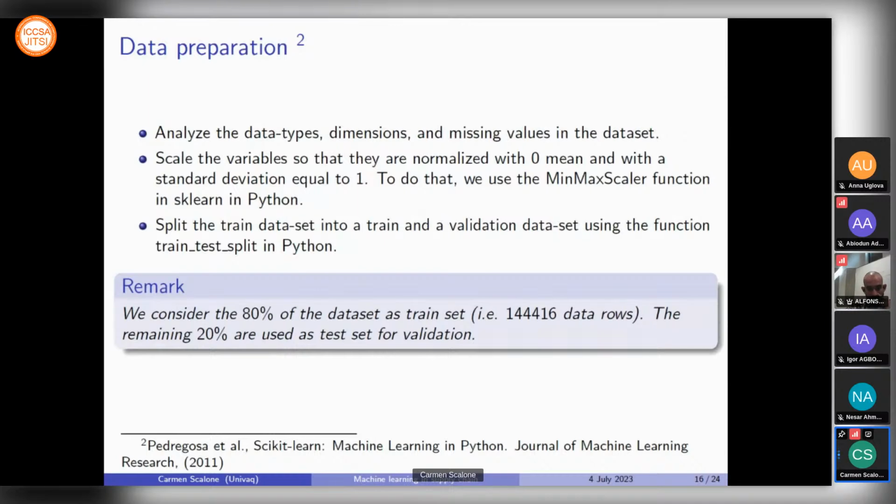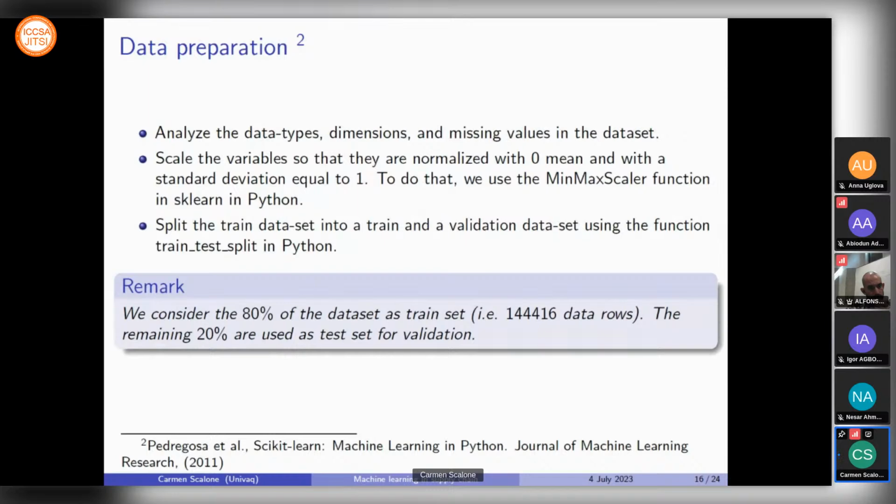And we have to split the data set, because, as we usually do with machine learning algorithms, we have a training set and a test set. The training set is, as people from machine learning do in the literature,